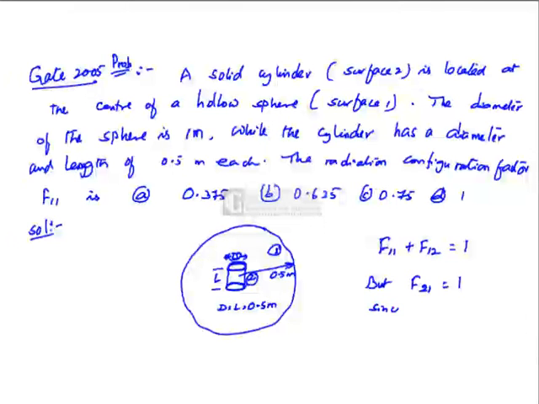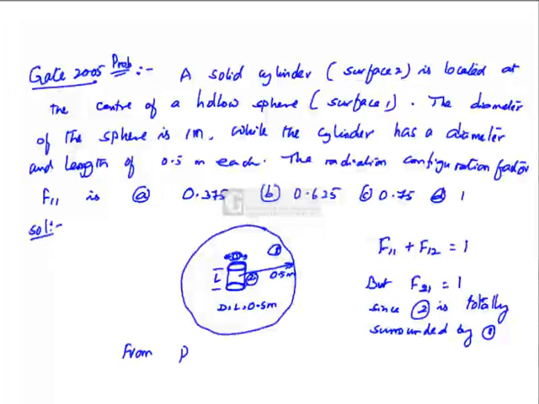Since 2 is totally surrounded by 1. Therefore, the shape factor of the inner surface, that is 2, with respect to the outer, that is 1, is 1. From reciprocity relation,